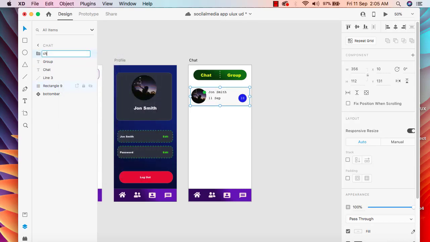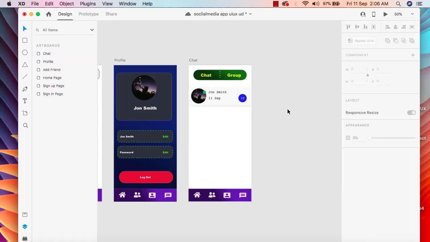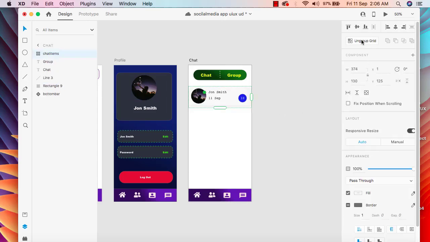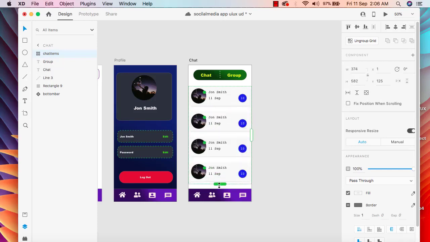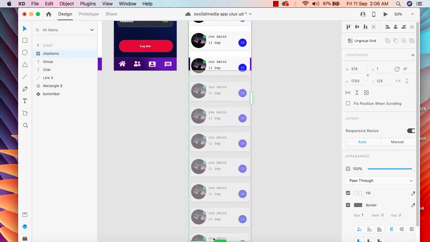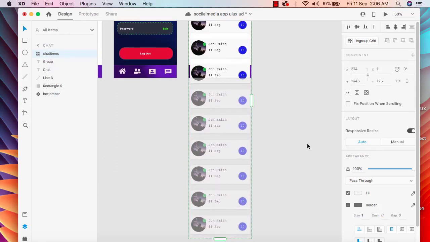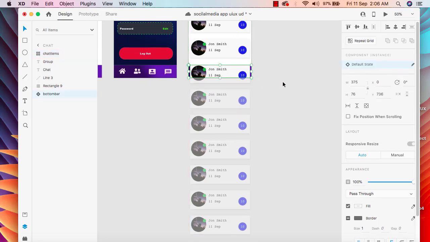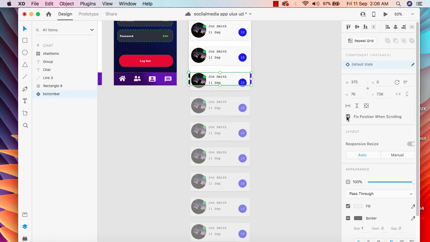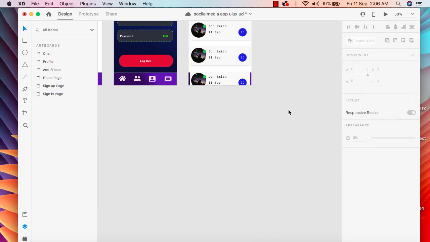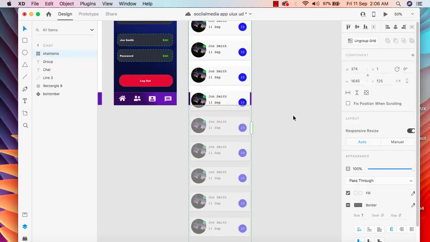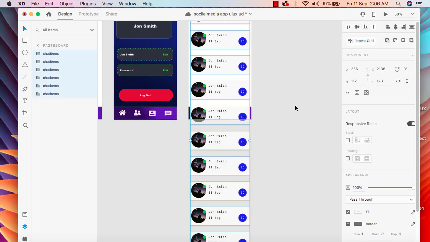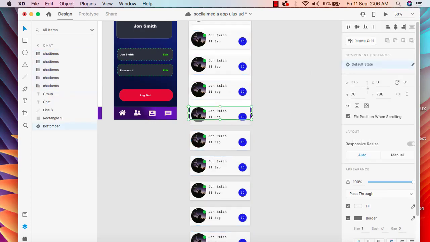I can say chat items. You can give any name, whatever you want, and once our item is ready, we can repeat our items. Alright, we can repeat as much as we want, and we can take a lot of data from here. And then we need to click on our bottom bar and use fixed position while scrolling. Alright, and apart from that, first we need to click on ungroup this one, and once we ungroup it,